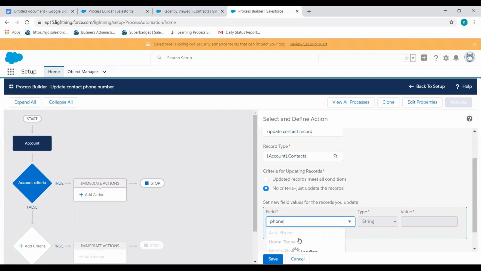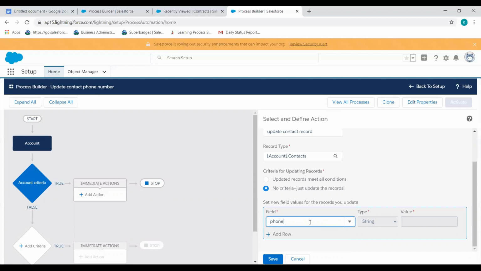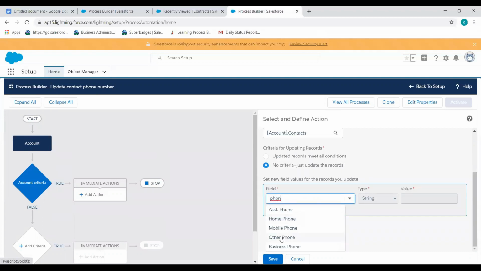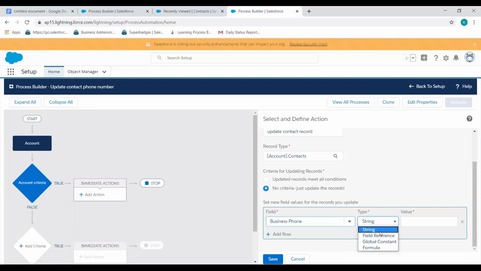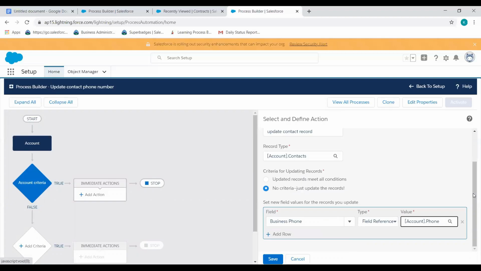So we will choose phone number. I want only the business phone to change, so the field reference will be account phone. So we will select account phone and save.